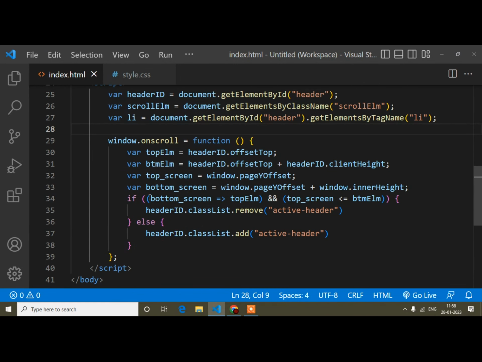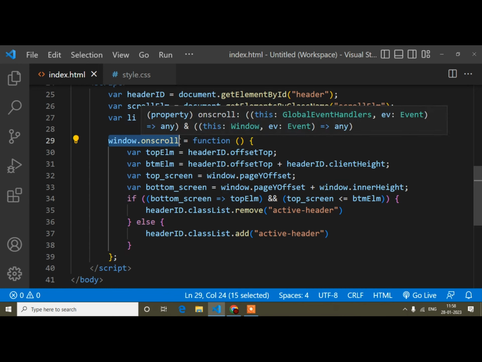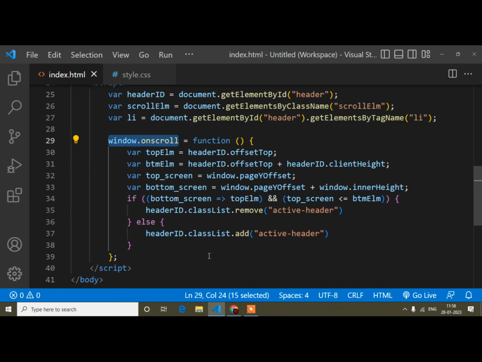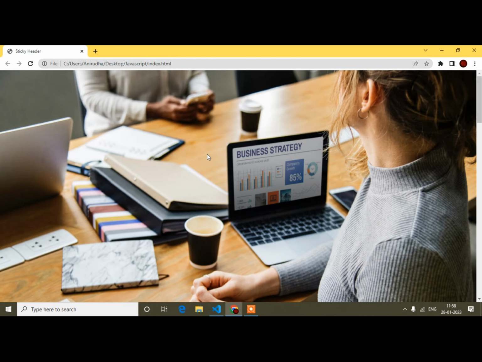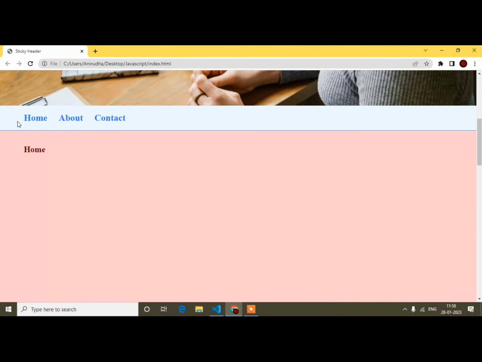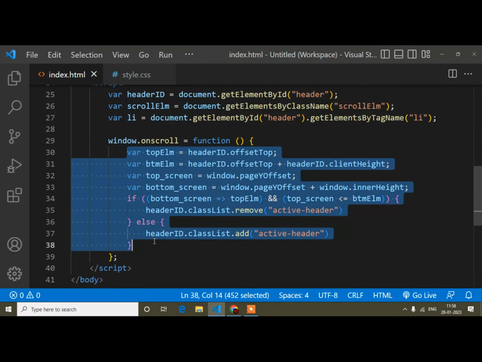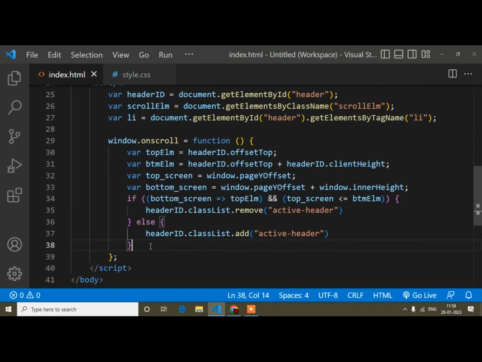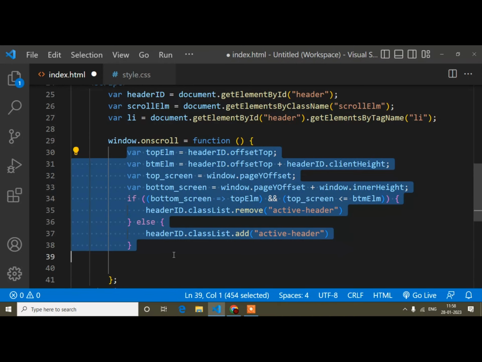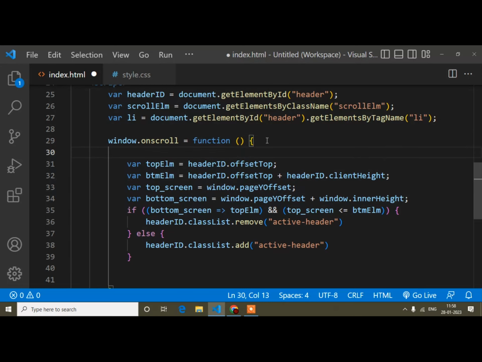And now guys, here I will come to the scroll part. This is the scroll method, because everything will happen when I scroll this page, right? If I don't scroll, there won't be any changes. So whatever changes I make, I have to write inside the scroll method. Inside the scroll method, this one is for the sticky header, so I will comment sticky header. You can understand this part is only for the sticky header.